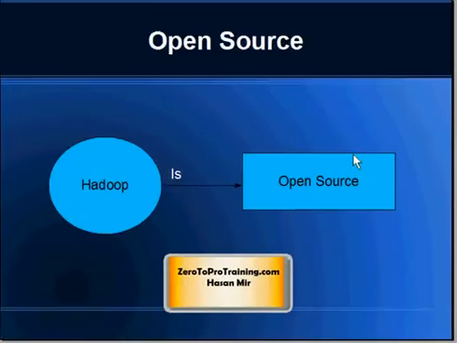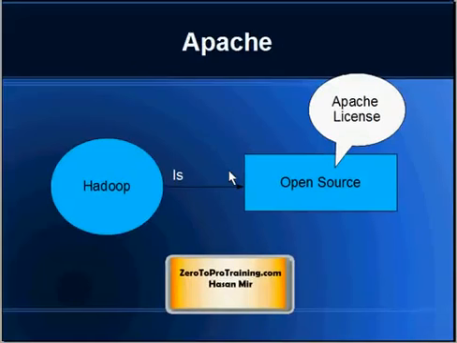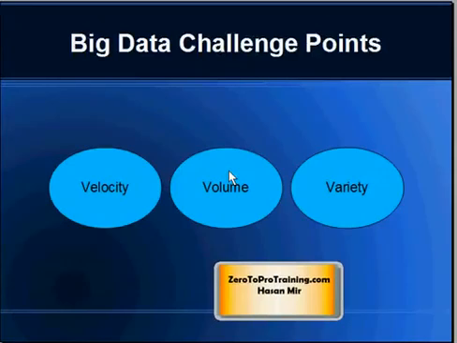Hadoop is an open source set of tools and it is distributed under Apache license. So this guarantees that no particular company is controlling the direction of Hadoop, and it is maintained by Apache. So we understand that Hadoop is a set of tools that supports running of applications on big data. So the keyword behind Hadoop is big data.